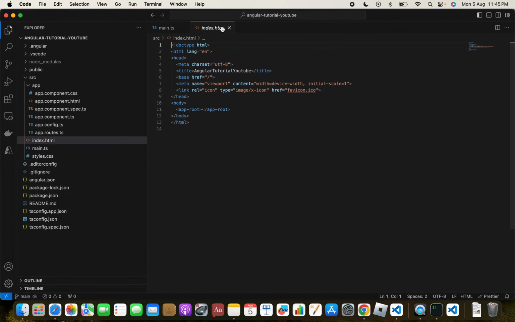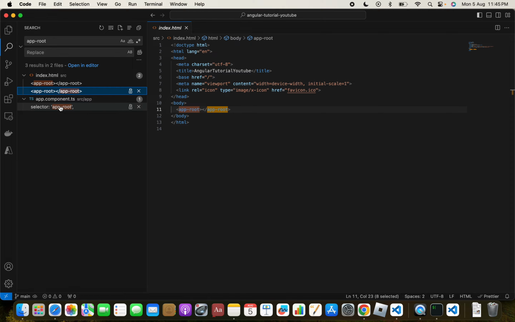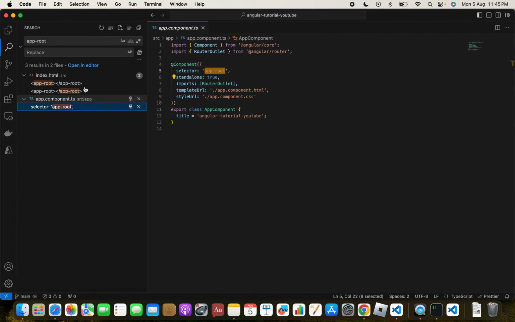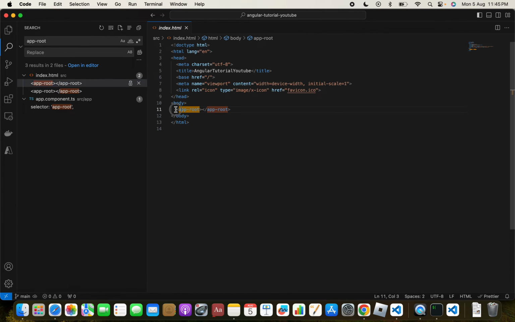If I just mention the structure of the Angular application, we have an index.html. In the index.html file, we have this app root. If you just search for app root, you can see app root is in index.html. That's fine. And then it is there in this very file. Whatever we see here will be coming from this very file,